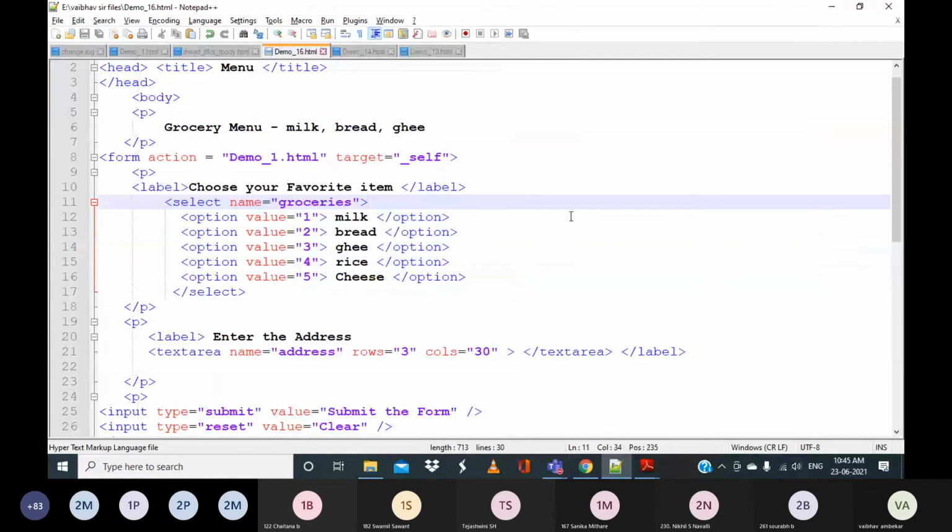Aniketa, can you tell me why we use the select tag? In simple terms, it is like a drop down list. For example, when you want to display menu items for the selection of the users, in such situations we use this select tag.